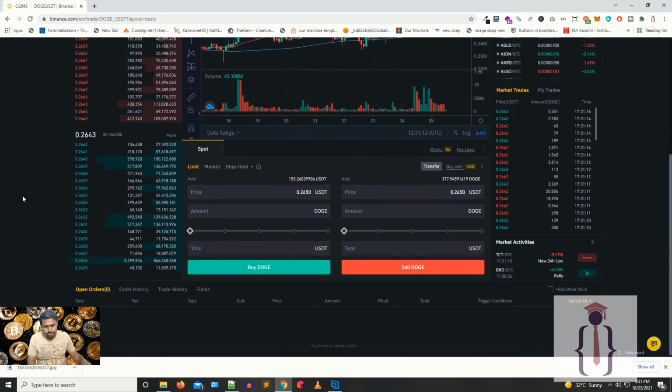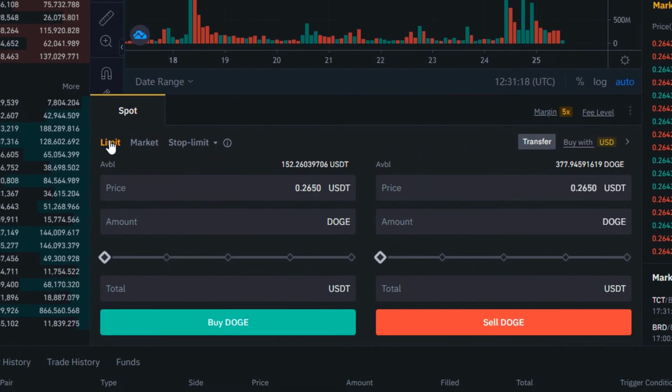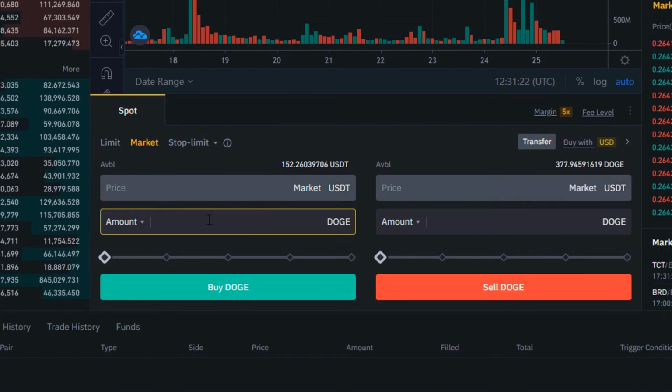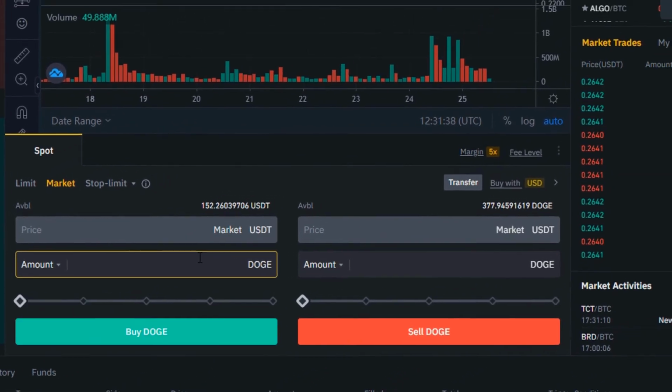Now go to spot. This is the limit. Just click on market price and select how many Dogecoins you need. Make sure you have the USDT. Let's suppose I want 200 Dogecoins. Just click on the buy button.